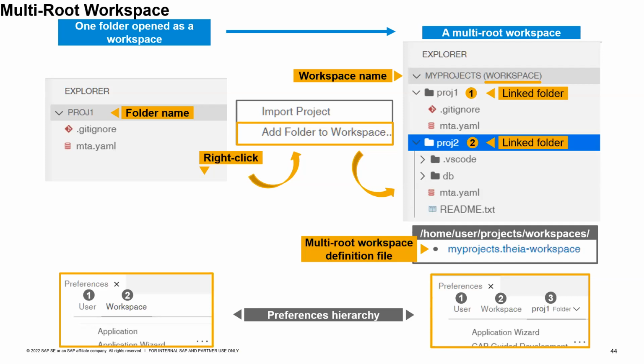Then in SAP Business Application Studio, the development projects are basically organized into workspaces. Now a workspace corresponds to a pointer to one or several project folders, and it also stores a version of the preferences. By default, when you open a folder in the Explorer view, this folder is opened as a workspace. In turn, only the structure of the corresponding folder files and subfolders is exposed in the Explorer.